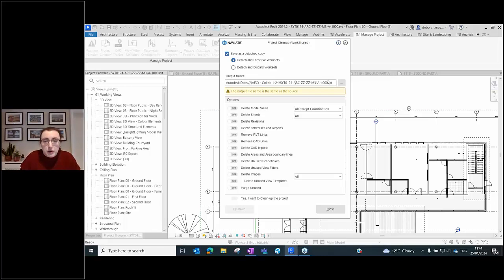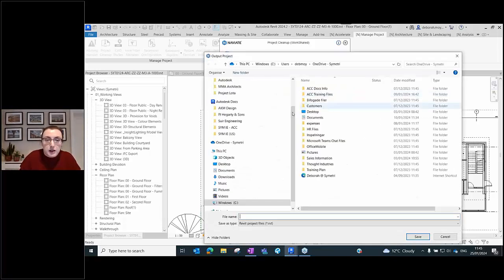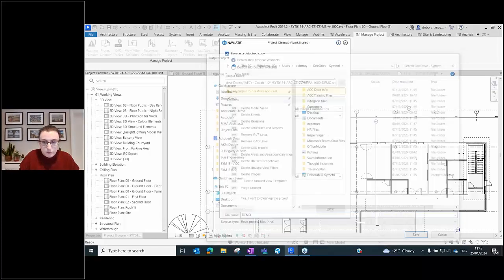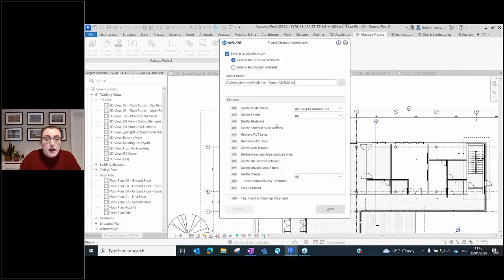And it's going to prompt me for an output folder where I want to save it. And then it's also going to give me a warning that your file name is the same. So you might want to change that just to be on the safe side. Again, I can save this off in a location. I'm going to call it demo. And then I have my options, so I can start to say, yes, I want to delete the model